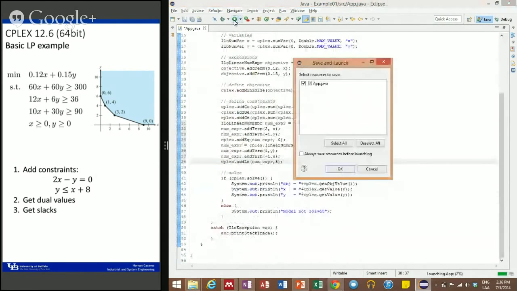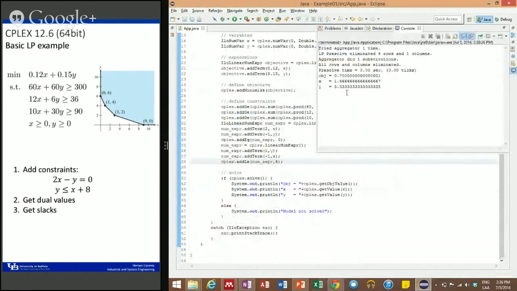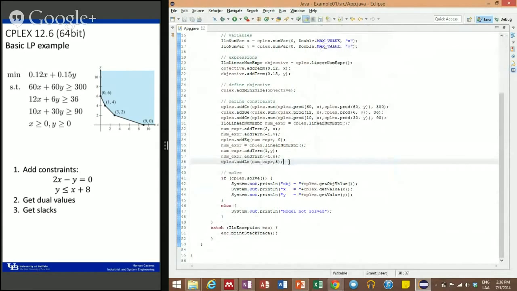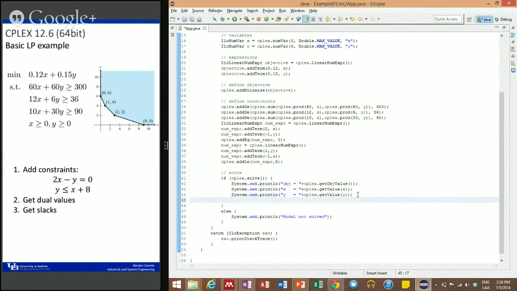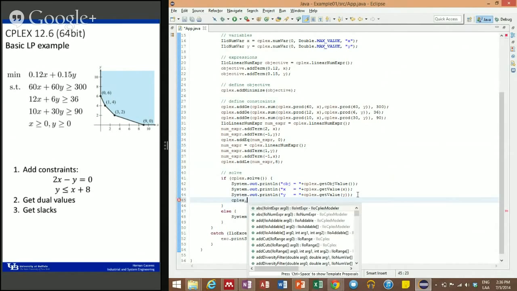Okay, we're gonna run this and see how it goes. Okay, there it is. So the objective changed, of course. All right, so it's working. Let's go ahead and get the dual values. So to get the dual values, we have this option here, CPLEX dot get